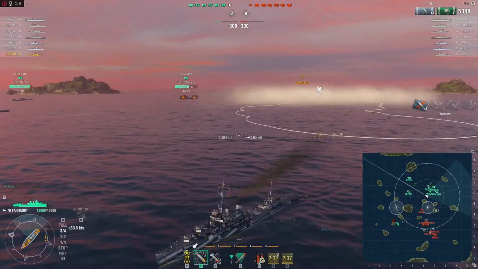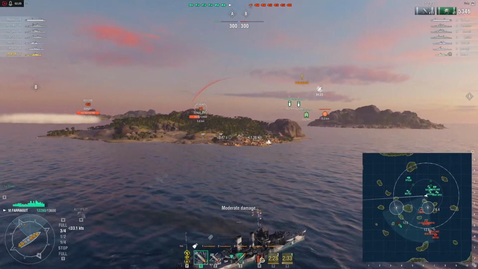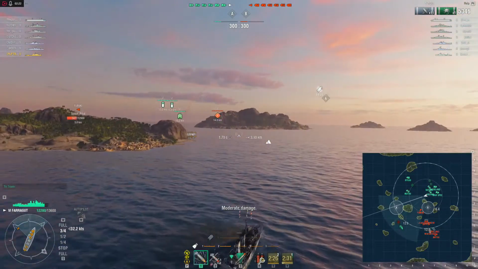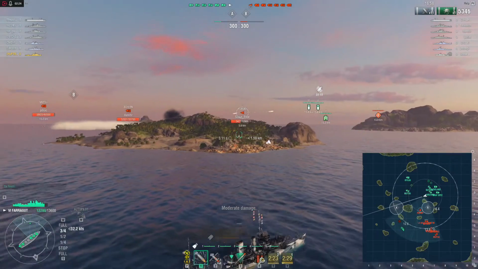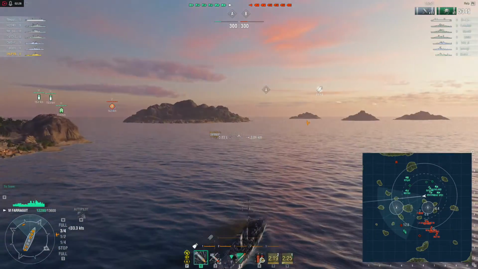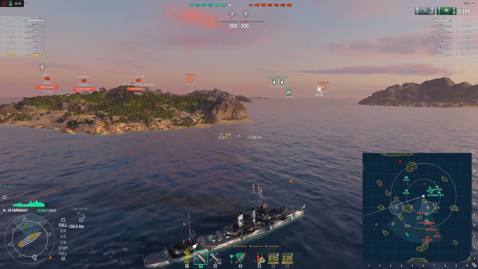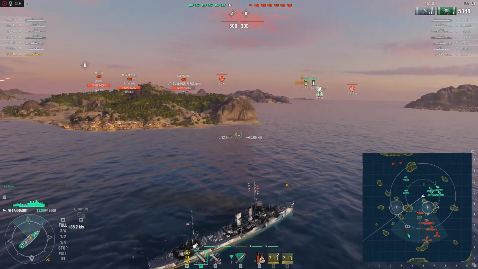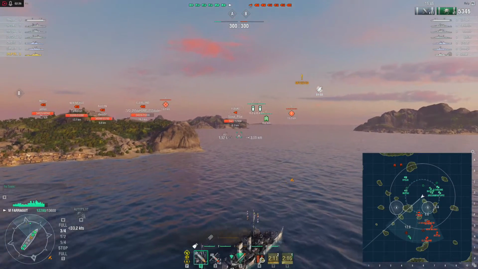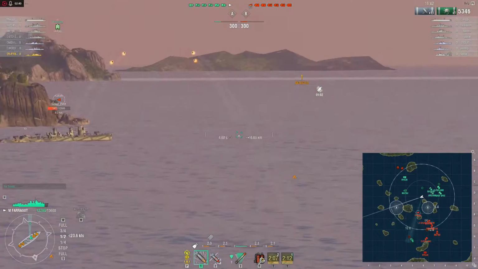As far as the cruisers go, it's been Cleveland spam. Just unbelievable Cleveland spam. That's pretty much most of the only ship I see in there. Occasionally you'll have a Bajani or a Graf Spee sprinkled in there, but for the most part it's just been Cleveland, Cleveland, Cleveland. And occasionally you'll see a French cruiser every now and again,